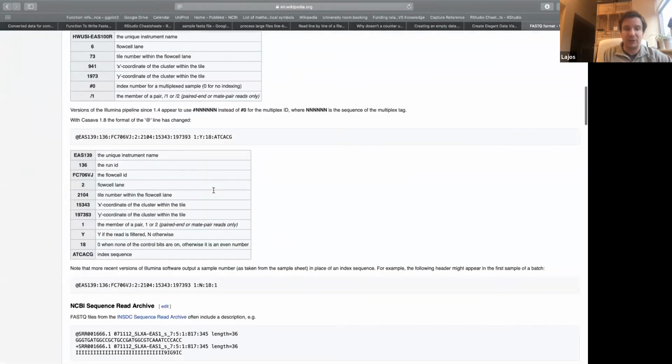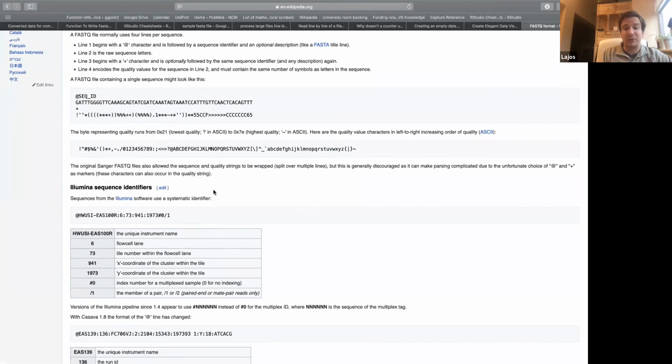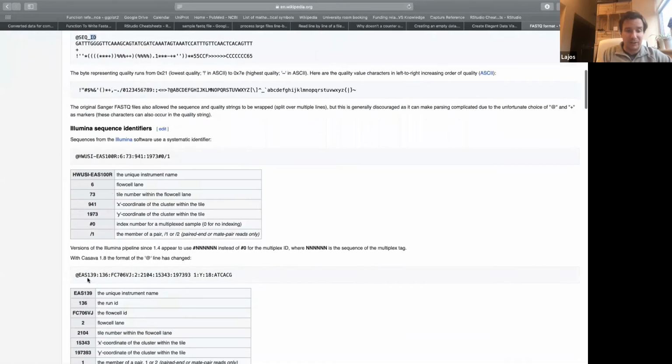The FASTQ is usually how you get back your results from next generation sequencing, and one record consists of 4 lines. Always one record consists of 4 lines, from which the first line is the ID. Usually this ID is more descriptive, something like this, for example, where you have sometimes a date, an identifier for the chip which ran your sample, and usually you also have a position. The position is actually very important. What is the coordinate of your